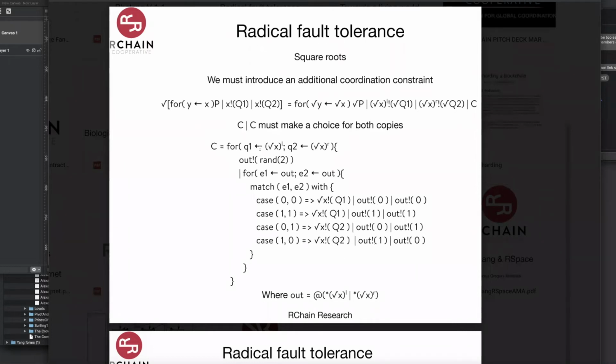So the other copy will come in here. It gets both outs. It sees it's 0, 0, right? So it'll also do Q1. So both copies will do Q1. In the other freak case, they'll both do Q1. In the beast case, they'll both do Q2. So clearly, when we square this thing, this will now behave just like P does.